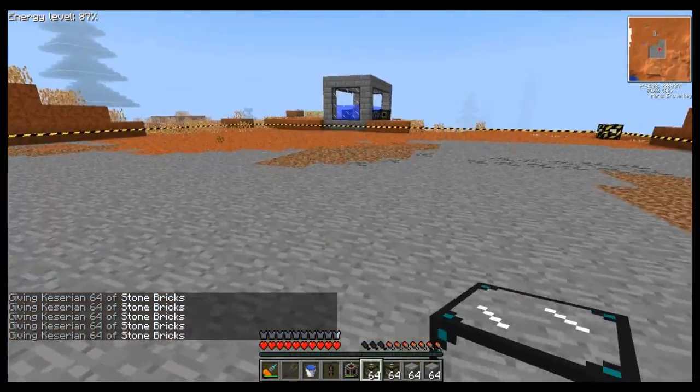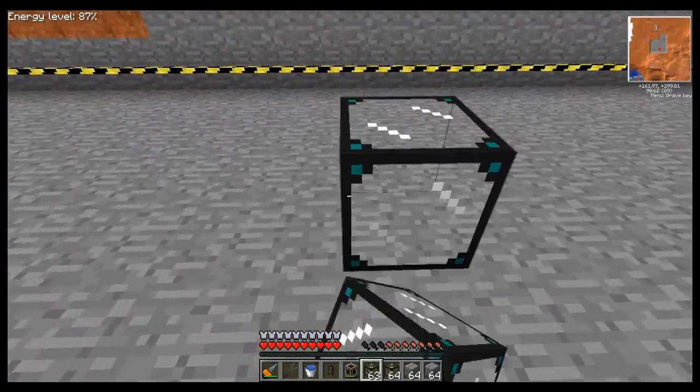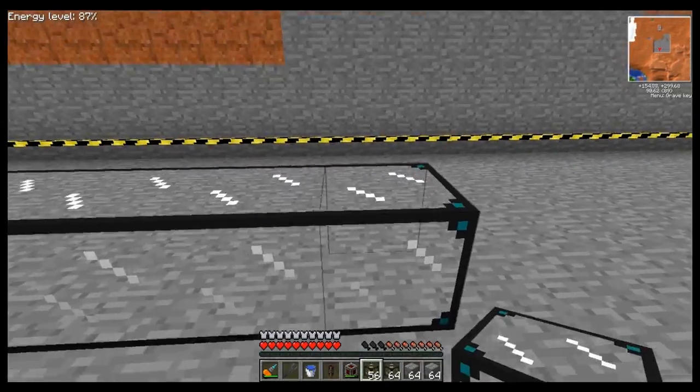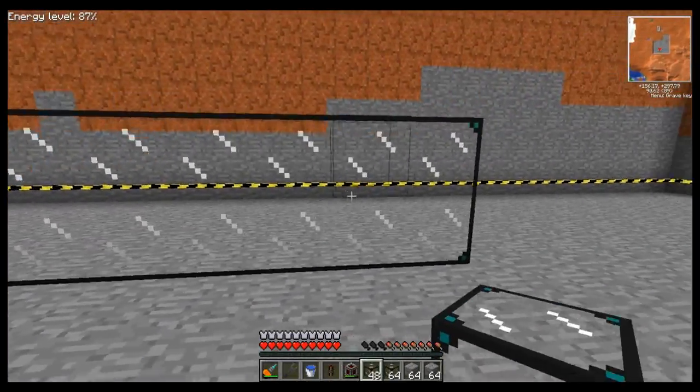Alright, I've just filled out this little area here. Ignore that building in the background. You'll see what it is in a minute. So the first thing I'm going to show you guys are these things called viewers. Viewers, cool, huh? Yeah, these are the connected texture blocks. They work a lot like